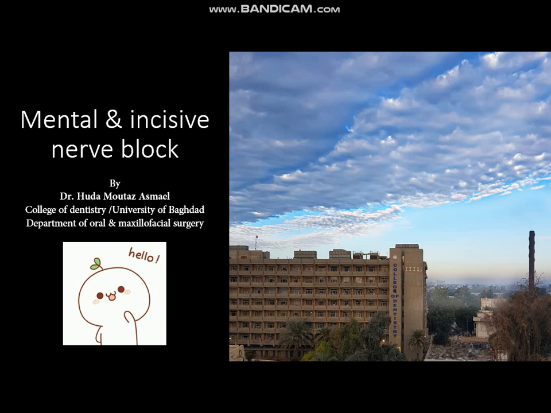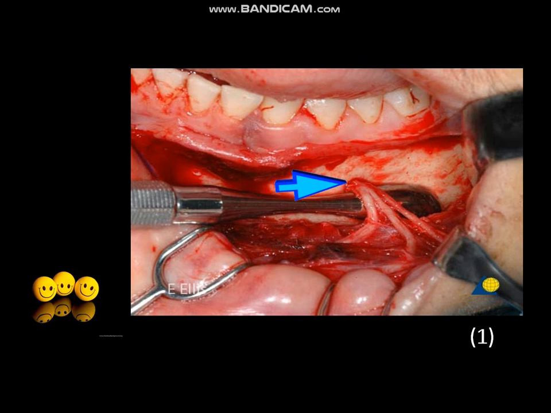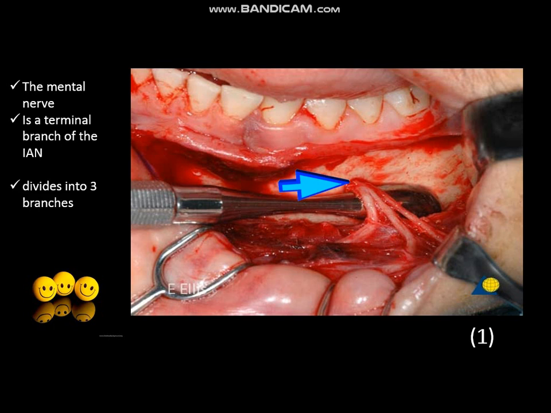Hi everyone, our lecture today is about mental and incisive nerve block. As you know, the mental nerve is a terminal branch of the inferior alveolar nerve. It exits through the mental foramen and divides into three branches, as you can see in this picture. One branch supplies the skin of the chin, while the two other branches supply the skin and mucous membrane of